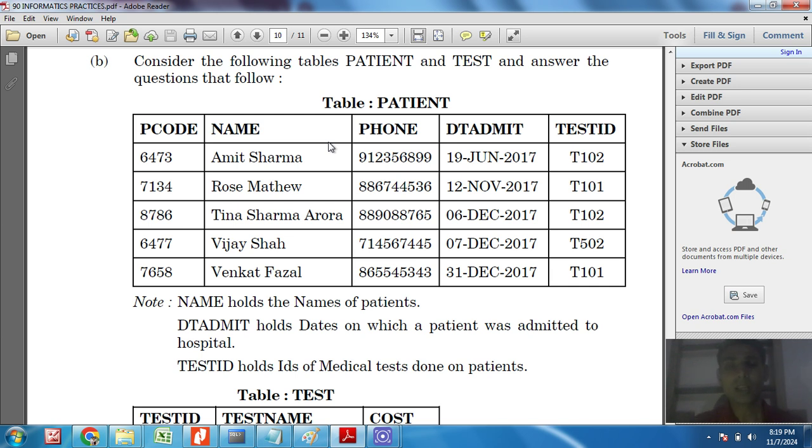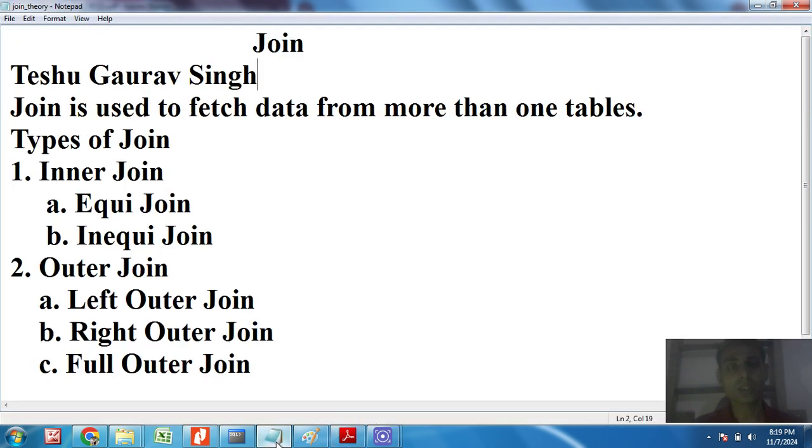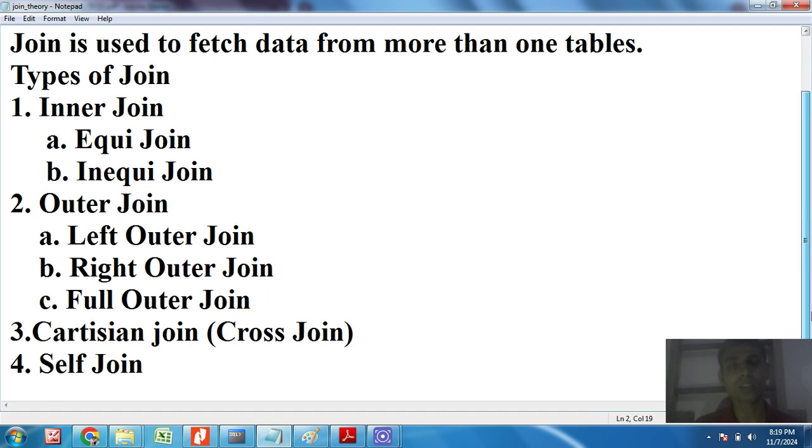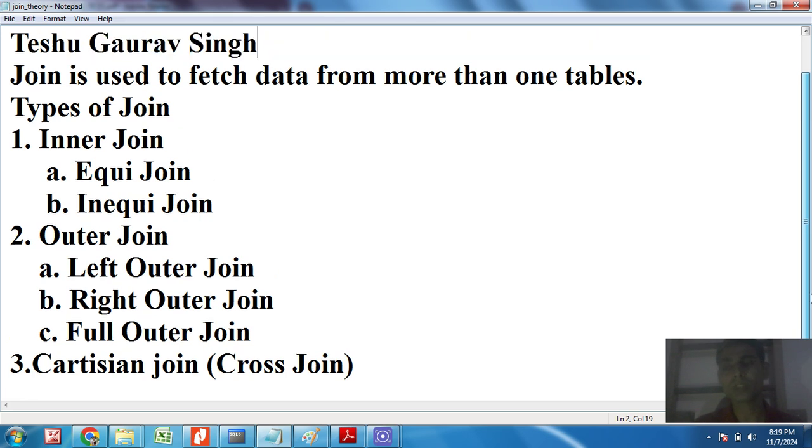In the previous video we have seen types of joins. Join is used to fetch data from more than one table. The types of joins are inner join and outer join, basically two types. Besides those, we have Cartesian join or cross join, and the fourth one is self join.